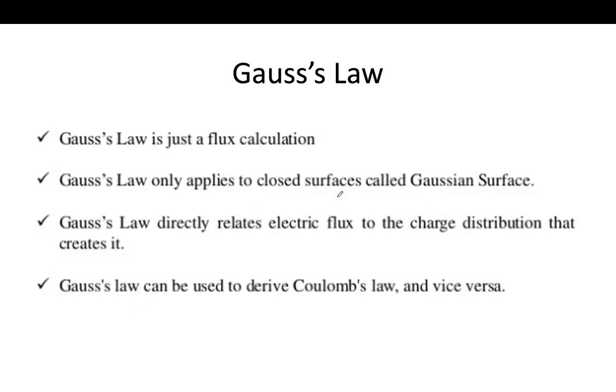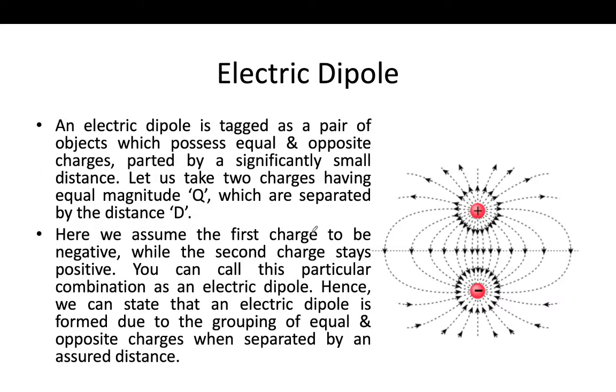Is it directly related to electric flux? Yes, because in simple words, it is the calculation of the flux. So Gauss's law is also used in calculating different types of things, like Coulomb's law. What did we do in Coulomb's law? In Coulomb's law we find the force. So Gauss's law is used to find those forces also, and also many other laws, in Newton's laws also, and many other laws Gauss's law is used.